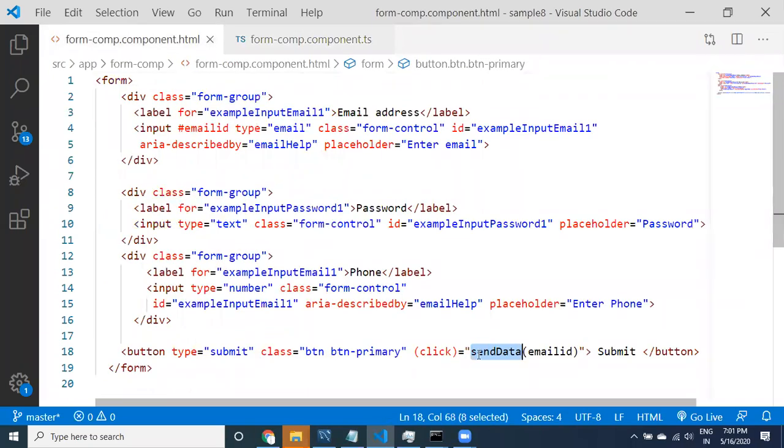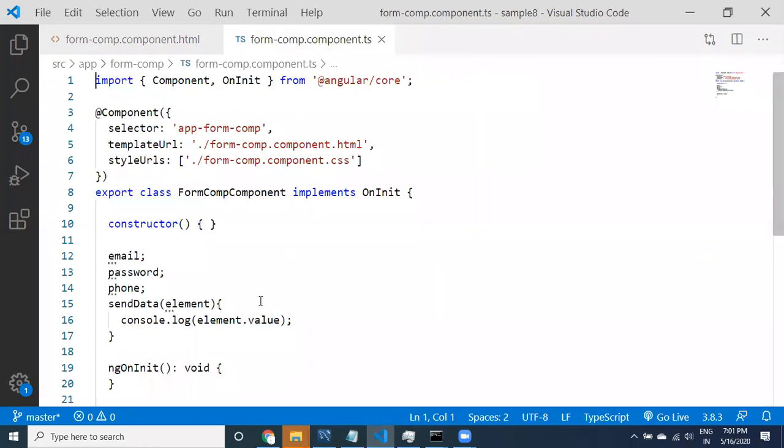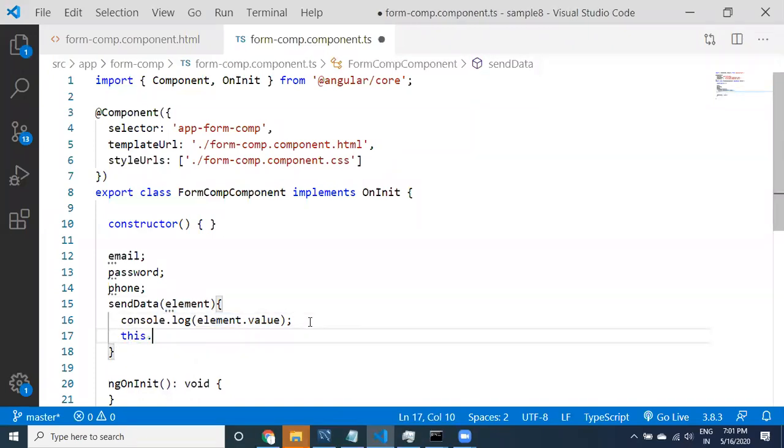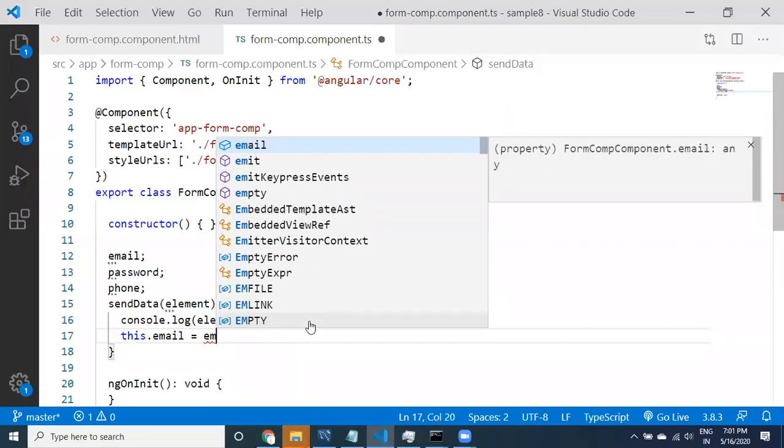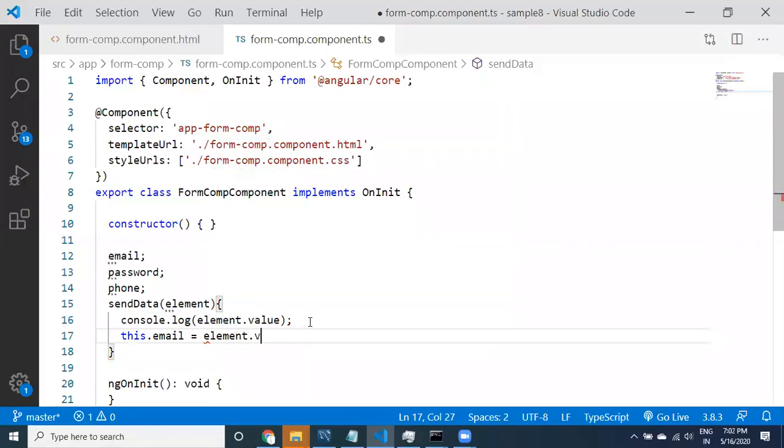In the HTML, right? We are sending emailID now. Whatever data you are sending, here is the element and then the value. This value has to be provided to this.email, that is element.value.